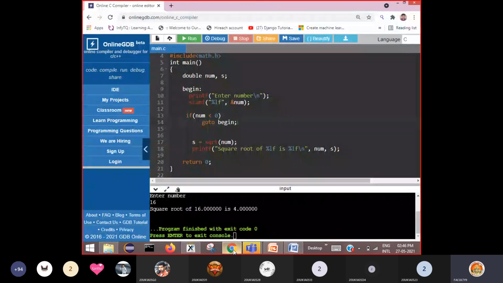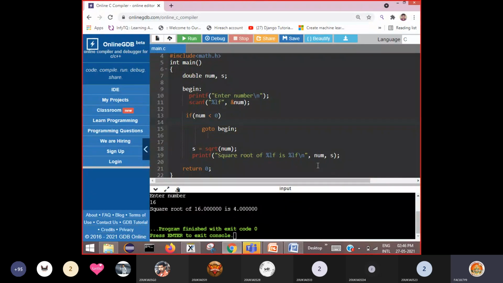Okay sir. Right, so this I'll copy here. Now see here, if the condition is true, if he enters a negative number, there are two statements you want to execute. That's why you must place these two statements. When there is more than one statement to be executed, you must write them as a block. This is called a block of statements.